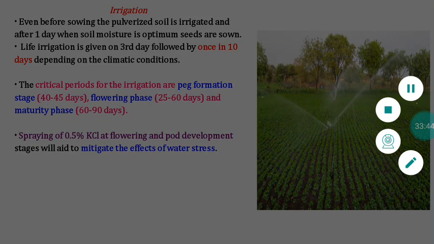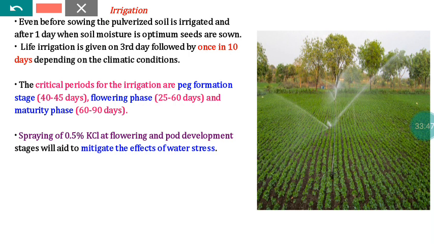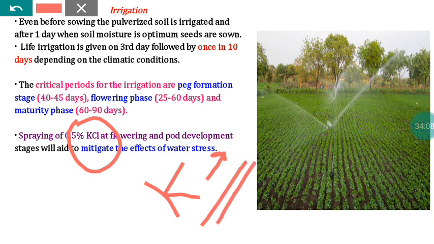Before that, if at all your crop has the problem of water scarcity during flowering and pod development, to make your plant withstand that water stress, you have to supply potassium chloride, because potassium is normally known as the policeman of the plant. Calcium is the policeman of the soil, whereas potassium is the policeman of the plant, because this will do ionic regulation. So this will decide which nutrients need to go to particular sites. This will serve like a traffic police. So this will regulate the ionic things.